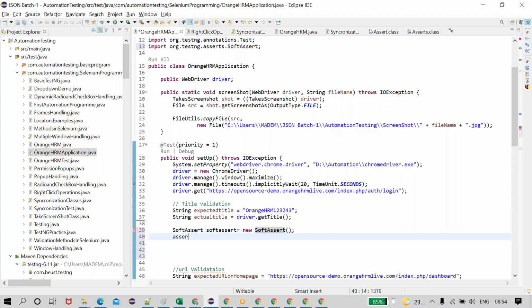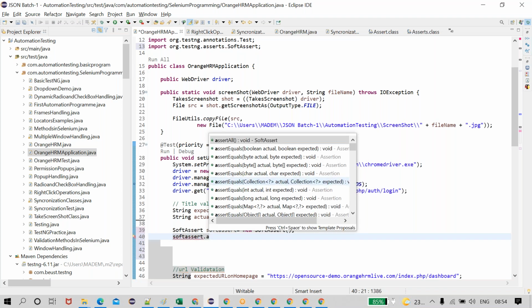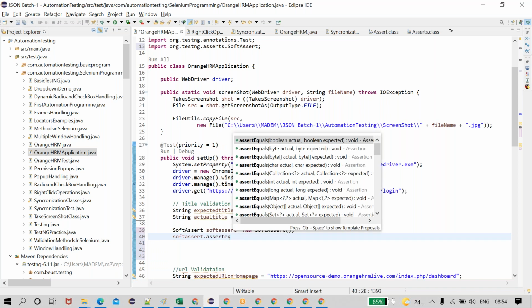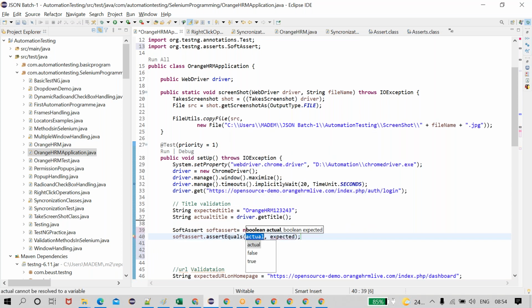Okay, same as the normal assert, but softAssert dot assertEquals: what is the actual title?